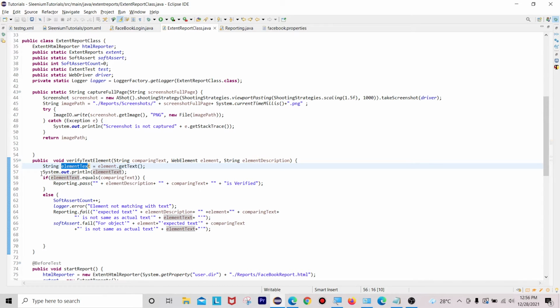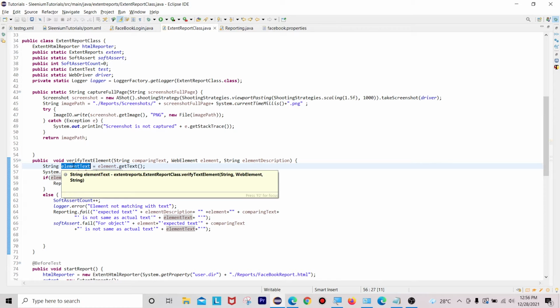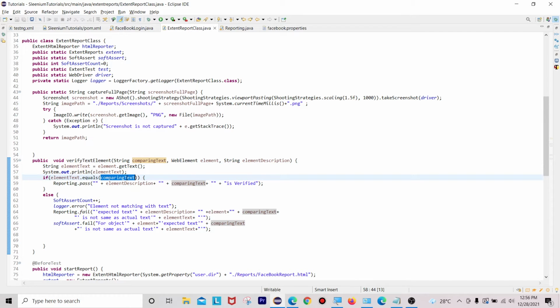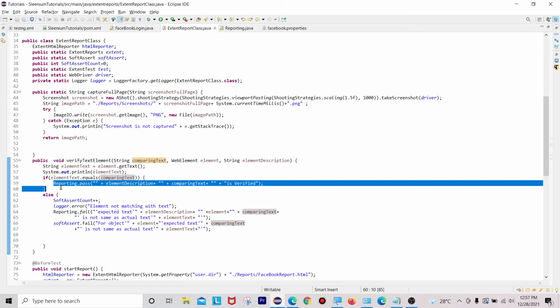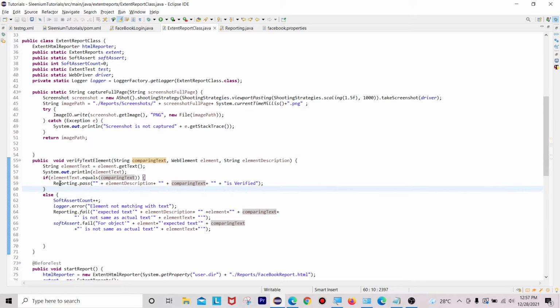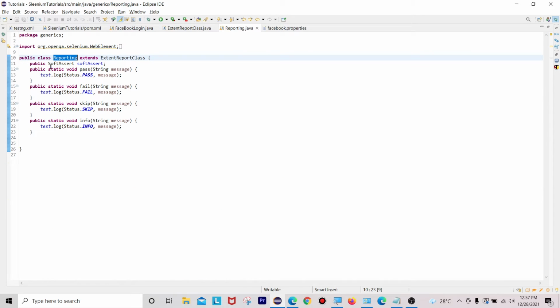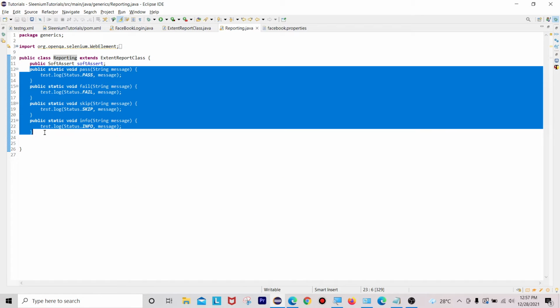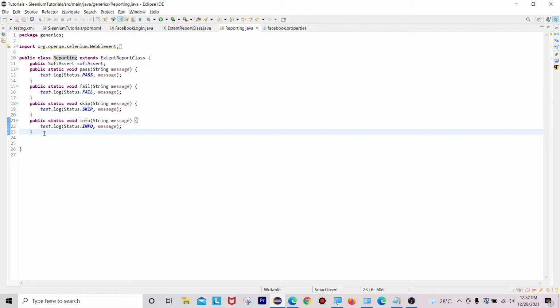Here, for our reference, I am printing this inside our console. Now, if the captured text equals the comparing text, which is also a parameter, then you will get Reporting.pass. If you go to this class, you can see I am adding 4 methods to log our status as pass, fail, skip or info inside our Extent Reports.